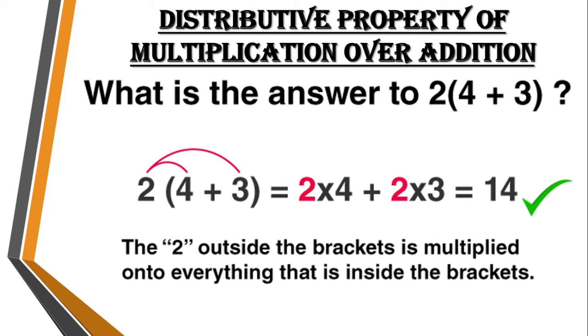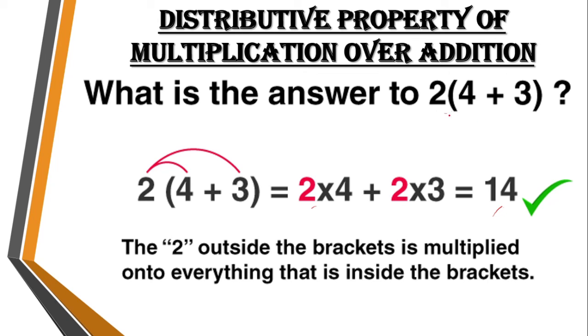So now let's do this. So 2 into 4. What is 2 into 4? It is 8. Now what is 2 into 3? 2 into 3 is 6. Now again we should add 8 plus 6. Okay. So if you add slowly 8 plus 6, we will get our answer as 14 at last. Now totally if we do, we got our answer as 14. Right. A lot of time it took to add 8 plus 6 only, right?